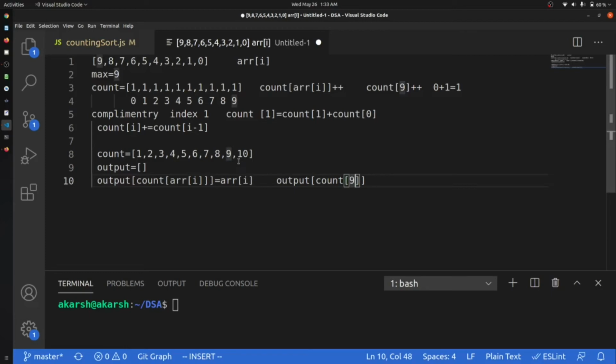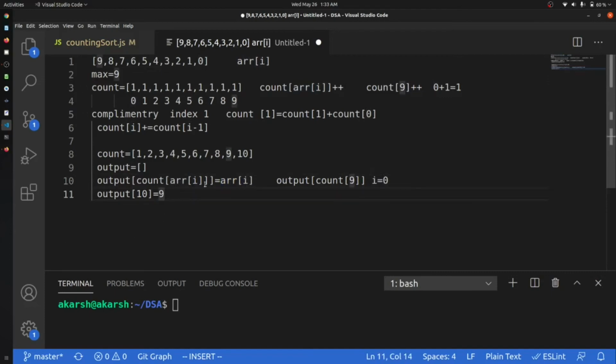Count at 9 is 10, so output at 10 is equal to A at I. What is A at I? A at I is 9 because at this point I is equal to 0.